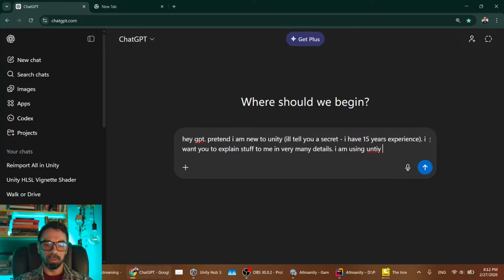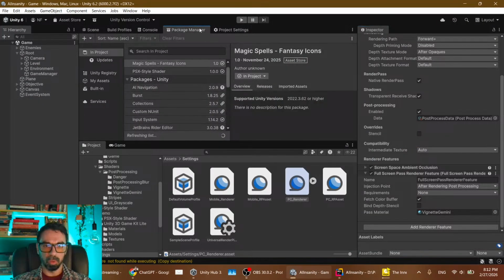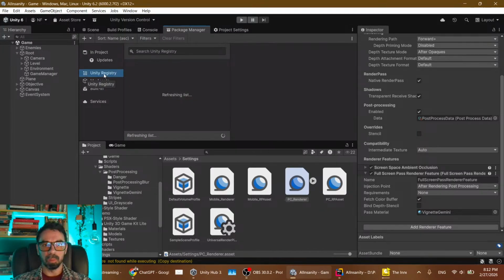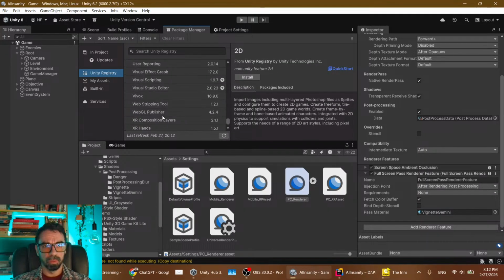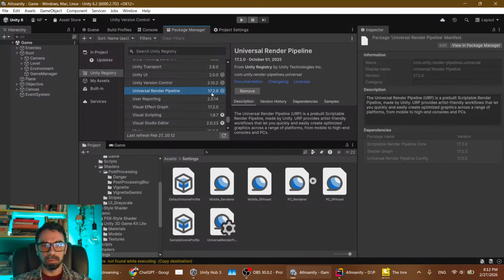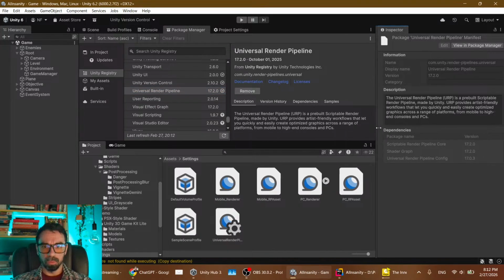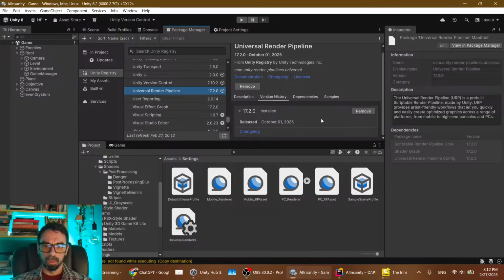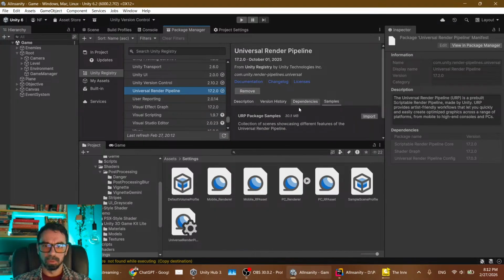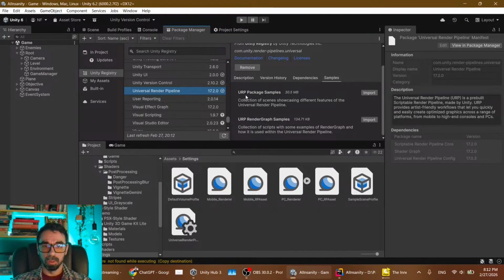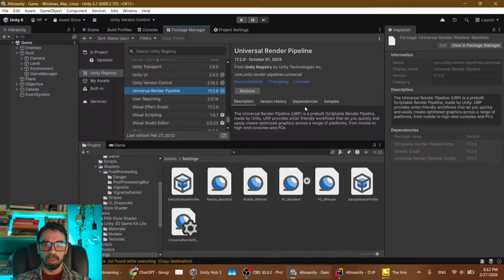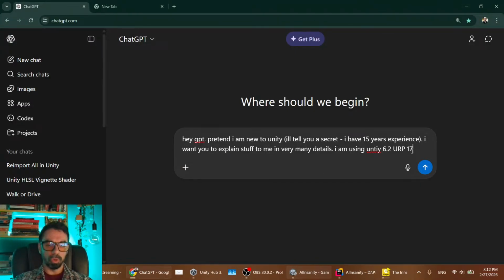I'm using Unity 6.2 URP. So this time I'm remembering to actually tell it URP, and not might, but surely it's going to matter which version of URP. And I don't remember from last time, but 17.2.0. It's installed October 1st. I'm just checking package samples, render graph samples, and that's about it. So using URP 17.2.0,